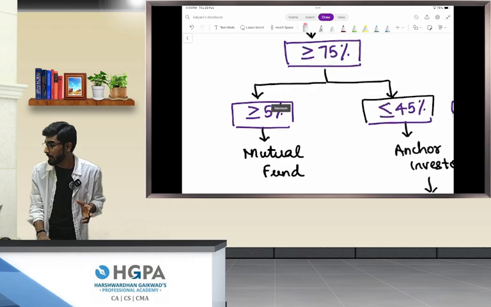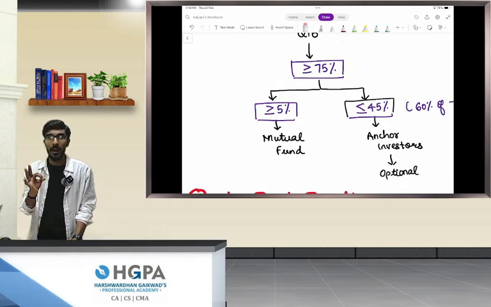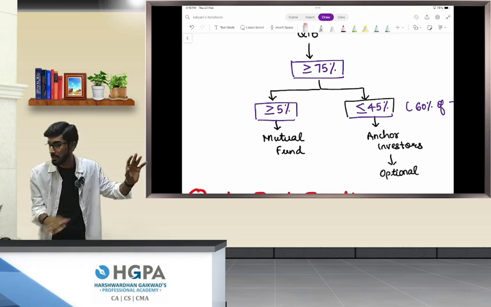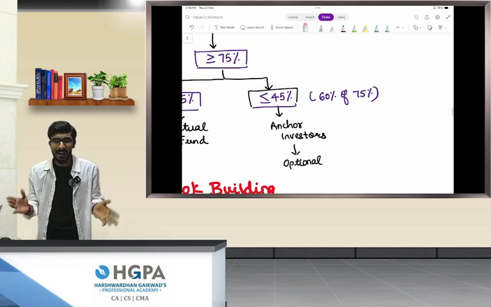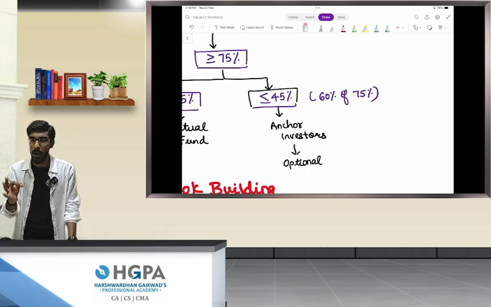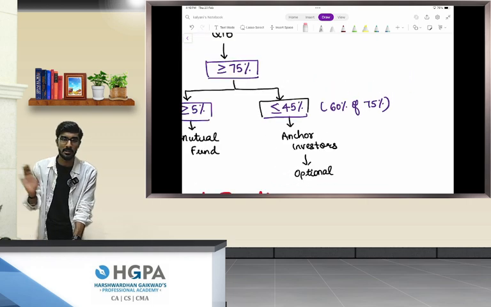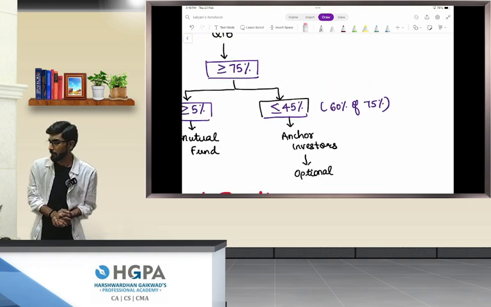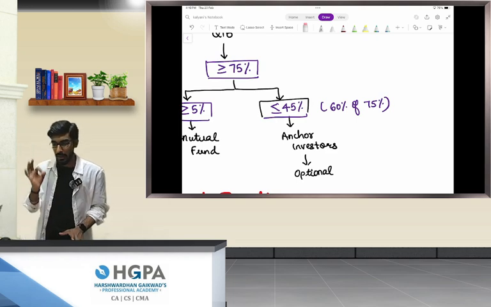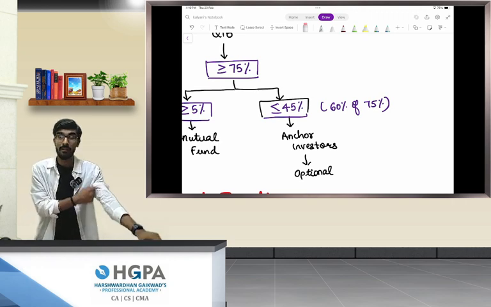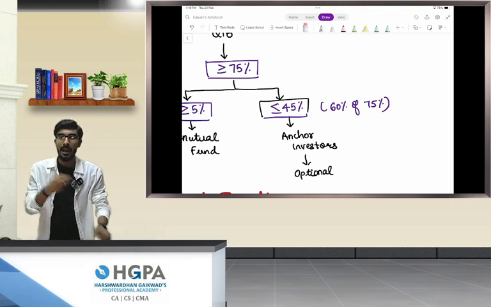Among those 75%, at least 5% should be given to mutual funds. That is unchanged. There is no change in that. Again, 60% of QIB can be given to anchor investors. Same thing, 45%. Clear? But this time, if qualified institutional buyers are getting shares of 75%, which means anchor investors